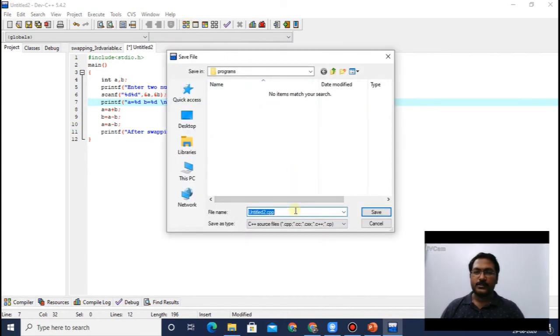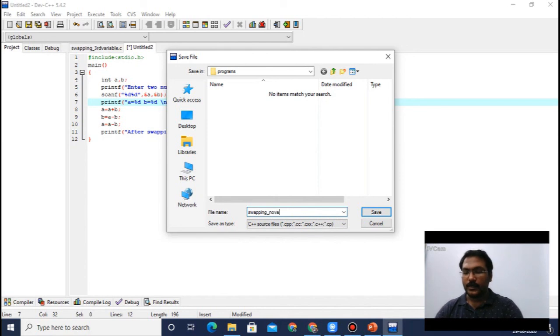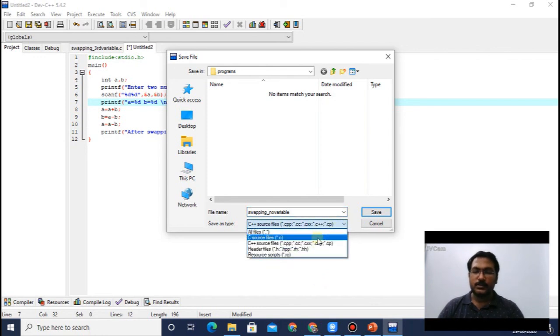When compiling, it will prompt you to save this program. So same name, swapping underscore no variable, and the save as type should be changed to C source file.